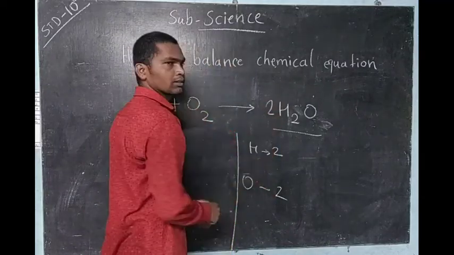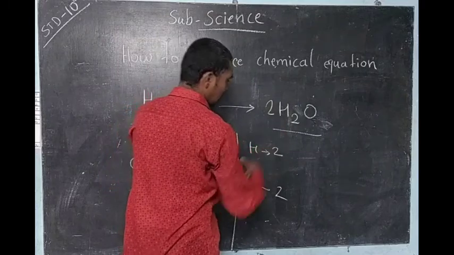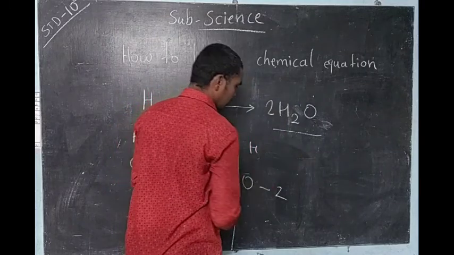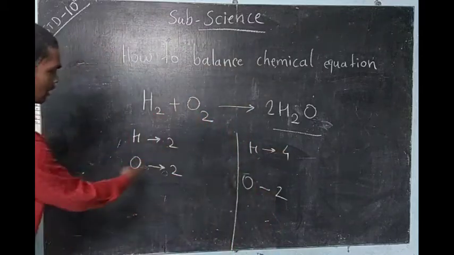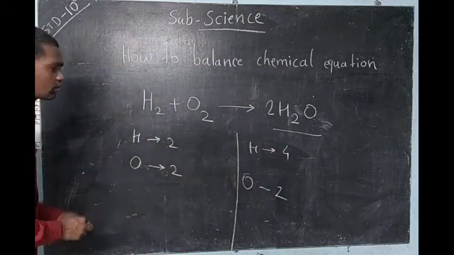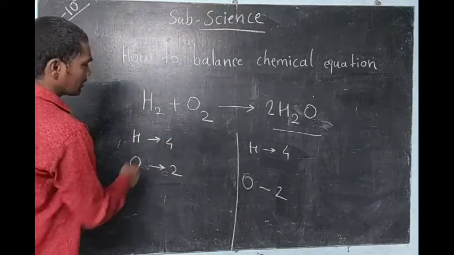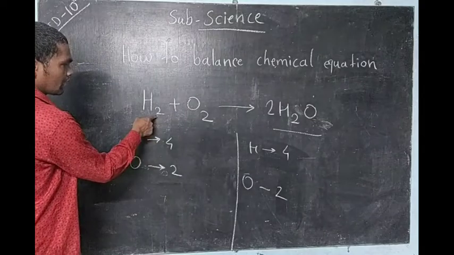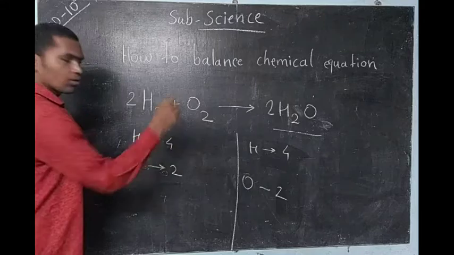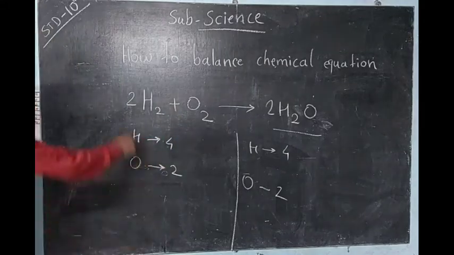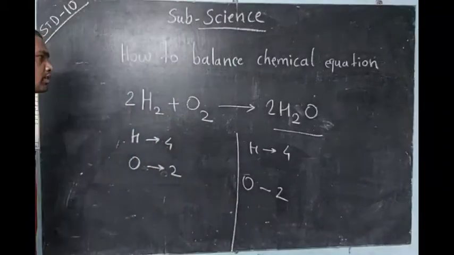Here. Now oxygen becomes 2, but hydrogen, see, 2 to the 4. So again oxygen is balanced, but hydrogen you want to balance. So here write down 4. But how will it become 4? What 2 number have you written here? No? Then here write down number 2. 2 to the 4. Means here hydrogen is also balanced and oxygen is also balanced. Write down this reaction.